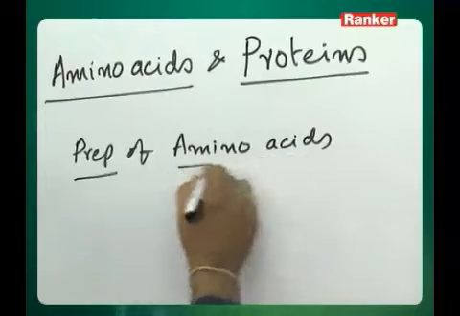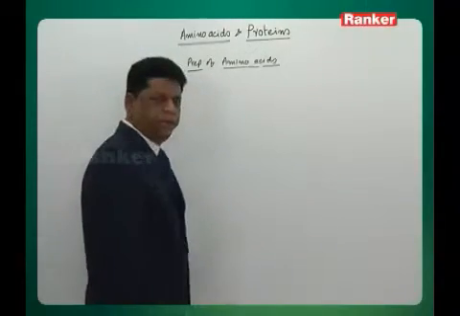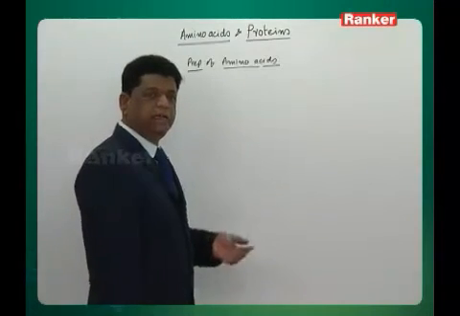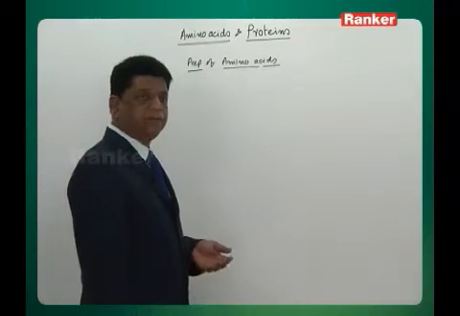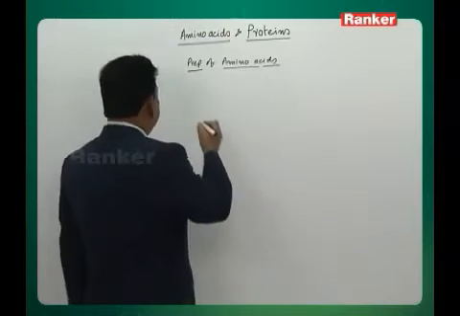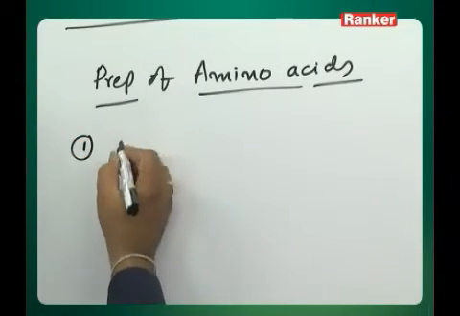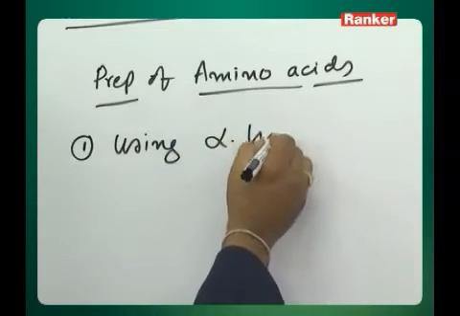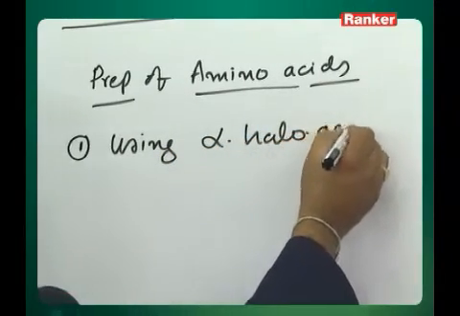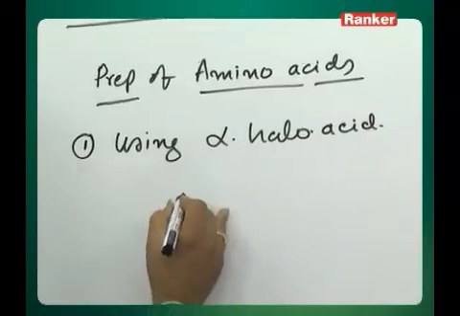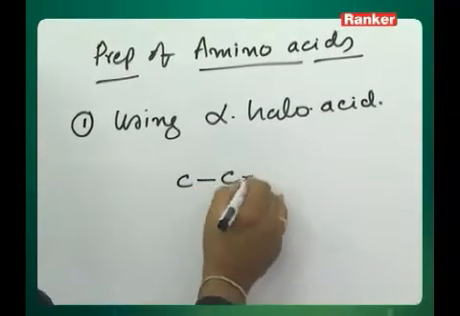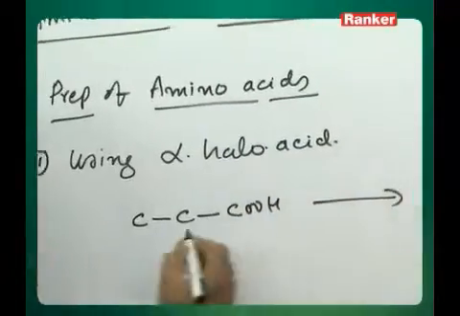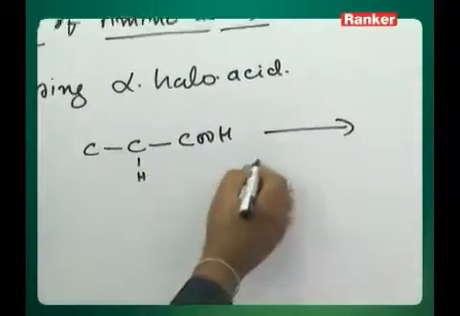Though questions on the amino acids have so far not appeared in preparation, these preparations are nothing but the chemical properties of the carboxylic acids and the amines. So one such method may be using the alpha halo acid method. A carboxylic acid, for example propanoic acid, you can take for alpha halogenation using